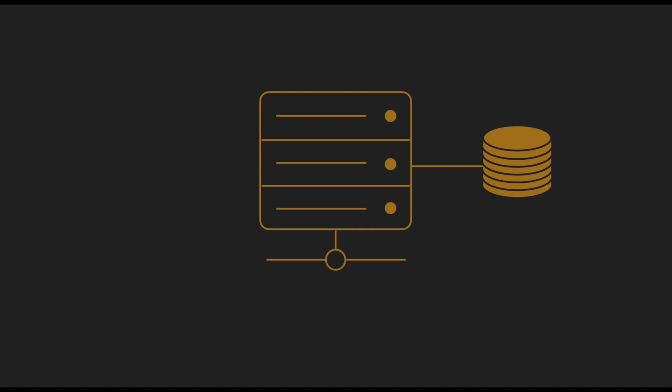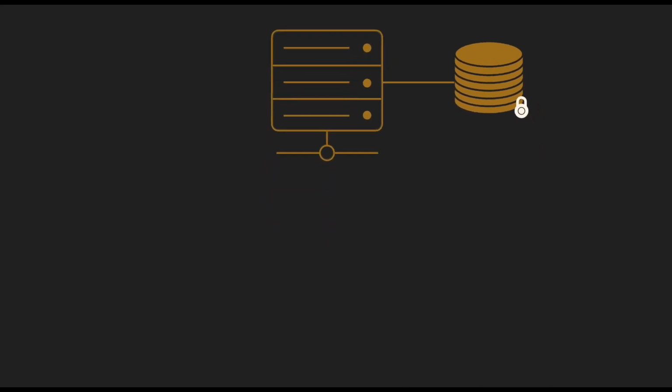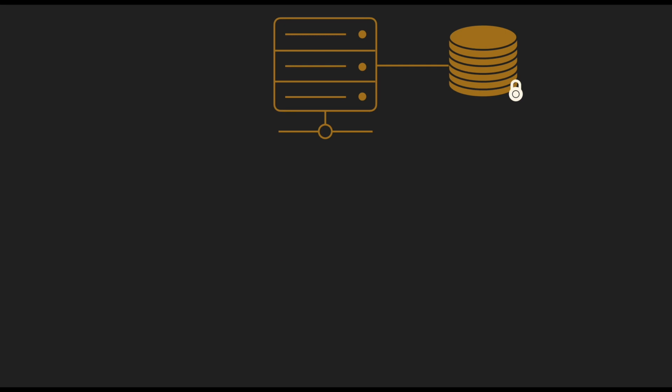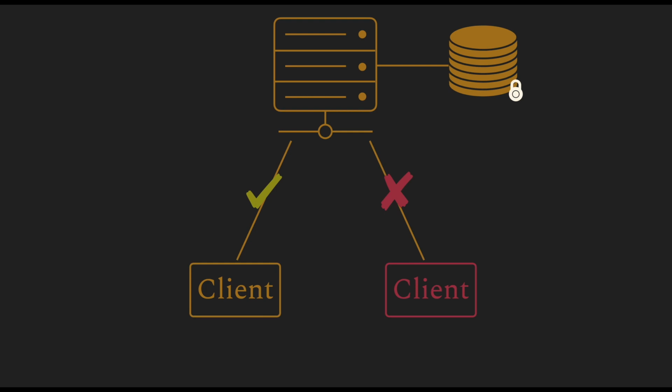A server is essentially used to store and interact with data, and a lot of the time, this data is meant to be private and secure. This means that such servers must have mechanisms to allow access only to certain clients and reject access to other clients. This is generically referred to as access control.